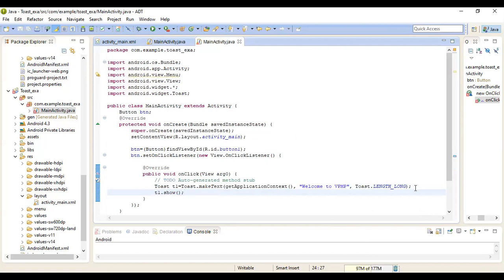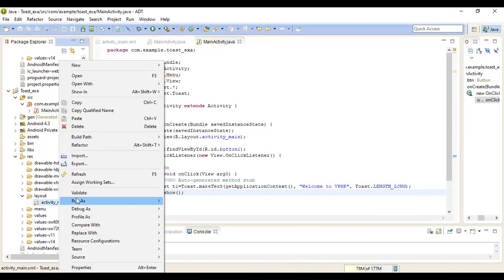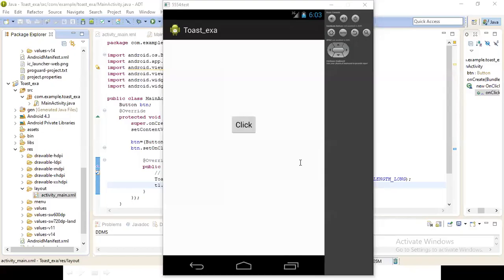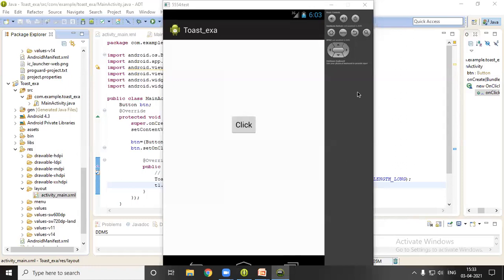Now save your application and run your activity_main file. So our emulator will be generated. Now my application is loaded in the emulator.